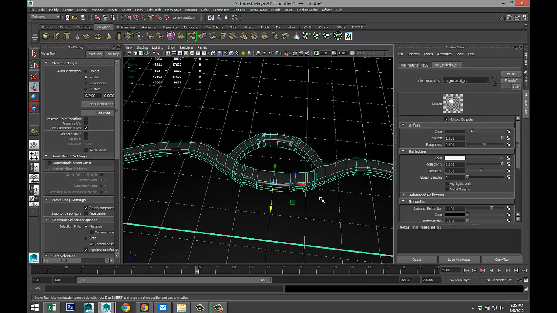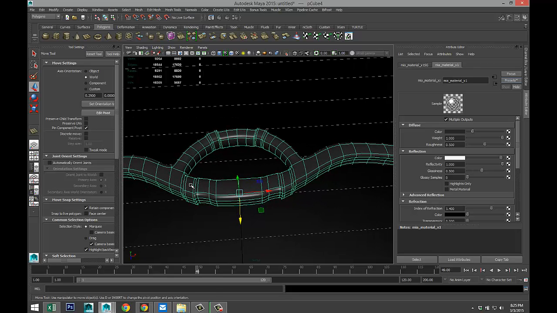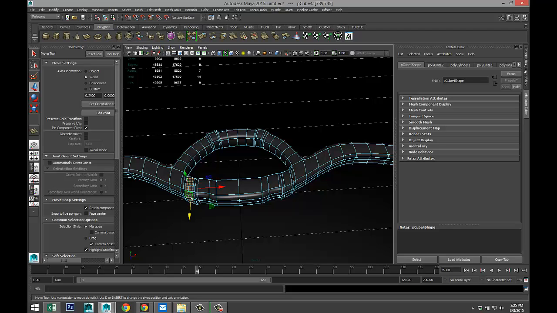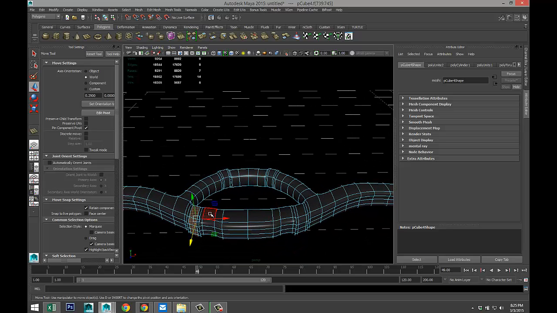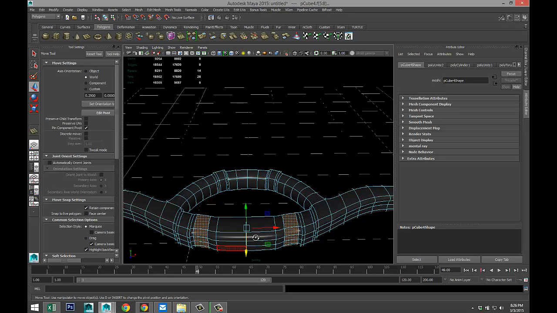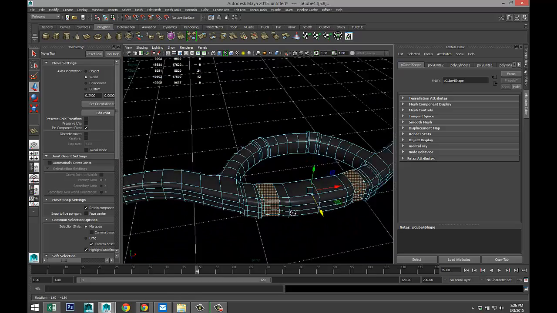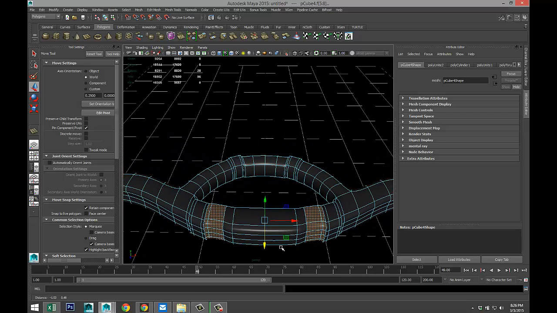Okay. Now, let's get to the grip section here. Right click face. We're gonna select, let's see, actually it's this section right there. So we got that.